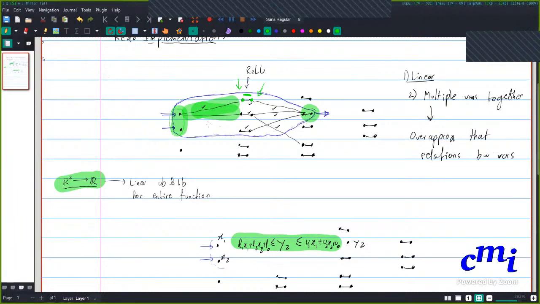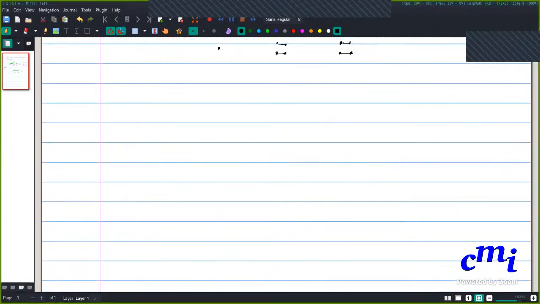So in some sense, if we have, say, these are my two inputs, and I'm just drawing a magnified version of whatever I drew before. The linear upper and lower bounds for each one of these neurons with deep poly is going to be some function of this. But the upper and lower bound that we derive for this neuron, on the other hand, is just a function of this, right?